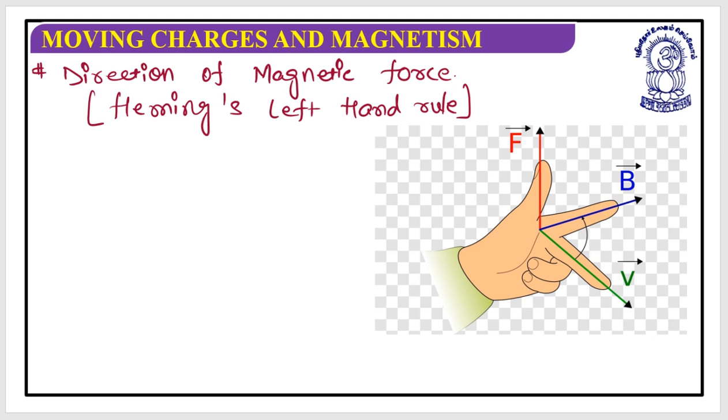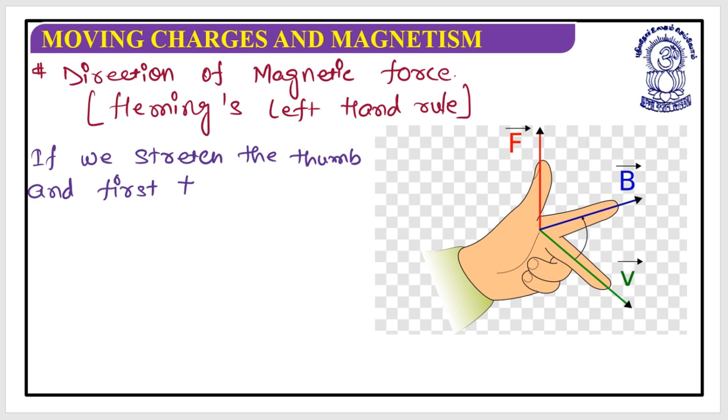According to Fleming's left hand rule, if we stretch the thumb and first two fingers in mutually perpendicular directions,